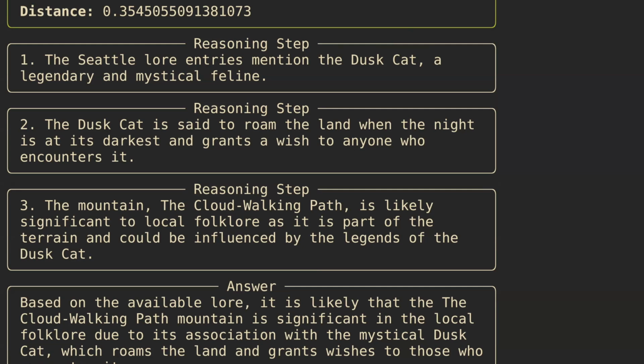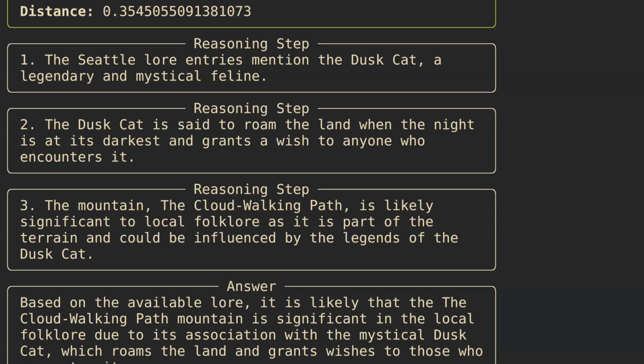And then we get an answer. It is likely that the Cloud Walking Path mountain is significant to the local folklore due to its association with the mystical Dusk Cat. So this is cool. This answers something about our world that we didn't know before, or we do know, and then we have to communicate it to the entity that is expanding this world. So this is actually a multi-agent system, right?